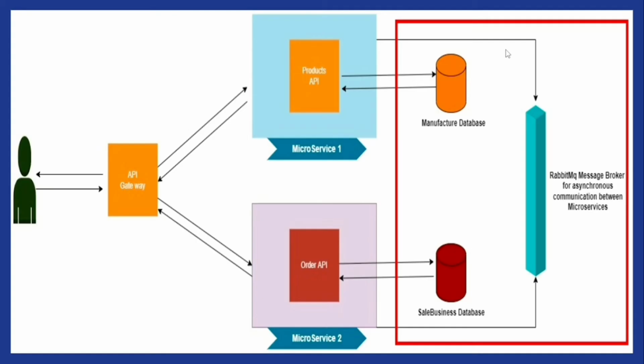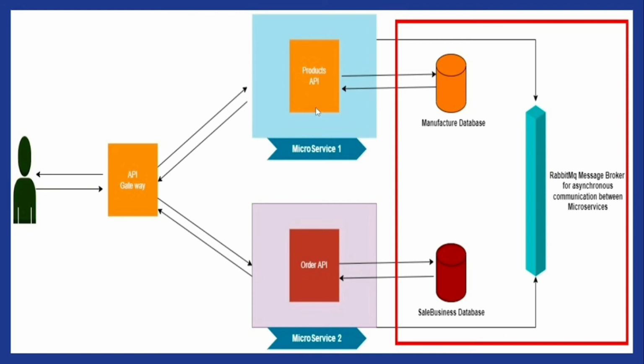Okay, so here is the flow of our microservice architecture project. We have created microservice one that contains the product API, and we have created another microservice application that contains the order API. Now here you can see the message broker that is going to create an asynchronous communication between these two microservices. So here my goal is